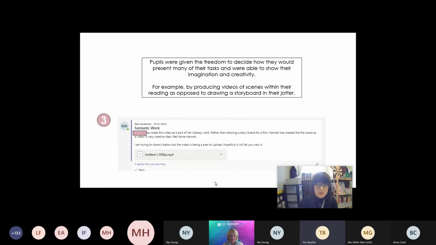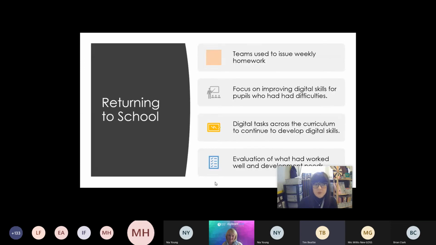Pupils were given the freedom around how they would present their learning, and this freedom allowed for creativity to flourish. One task could elicit 10 different ways of approaching it, which was great to see. In my practice moving forward, I've allowed for far more individuality when presenting learners with a challenge. On return to school, we want to continue on the digital journey we have been on and continue to upskill